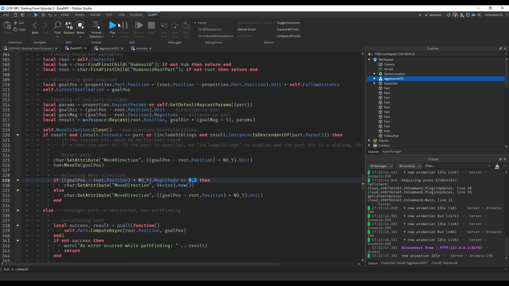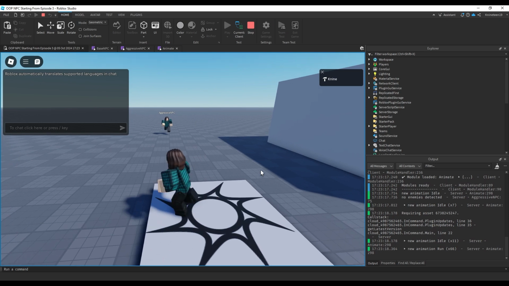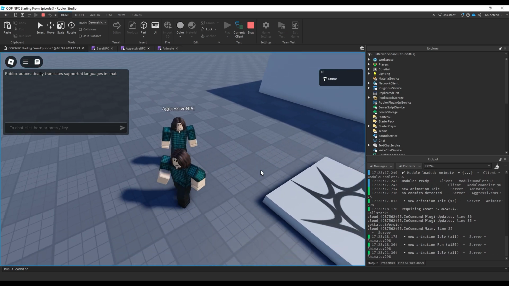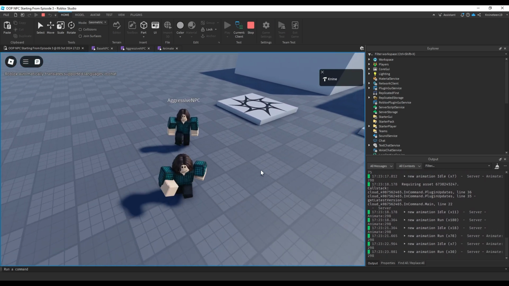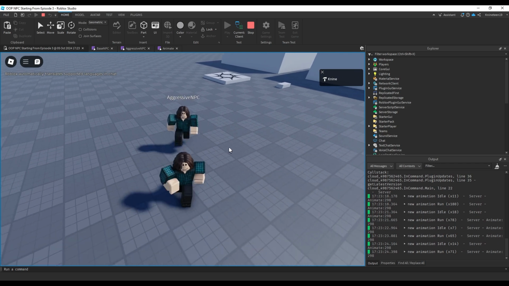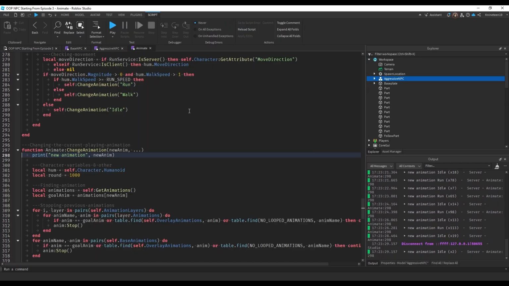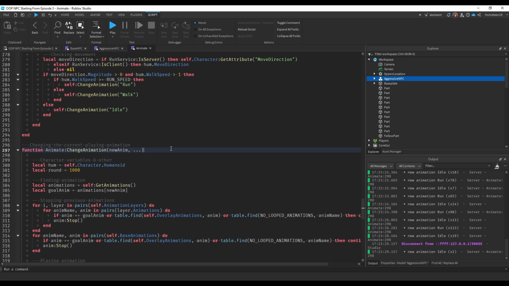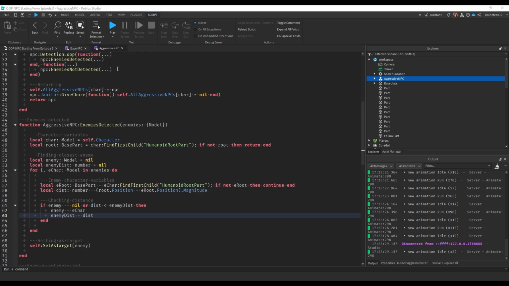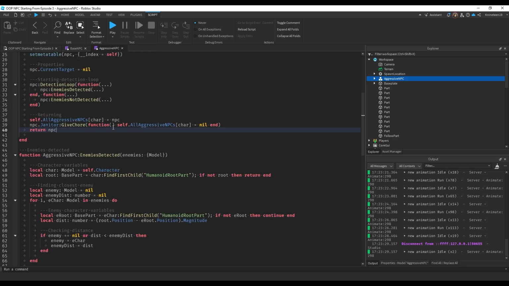So change this to 0.2, and you'll notice now when he's chasing me, if he gets really close, he'll actually stop and then it'll start again. And that's what's supposed to happen. So now the animation works a lot better. And ignore this, this is a print test I was adding. Get rid of that. So now that we have that out of the way,